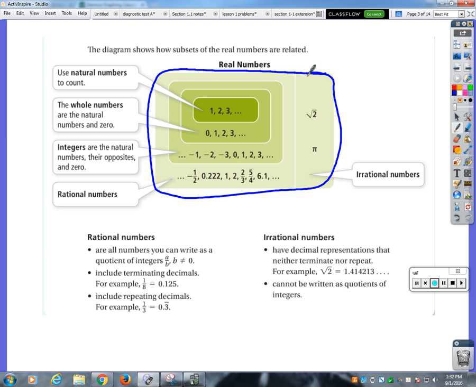So another way that you can think of irrational numbers is that they just keep going, okay? Now, you can have rational numbers that also keep going, but those would be ones that repeat. So for example, 0.3 repeating is a rational number. Do you know what fraction that is? 1/3. Yeah, so the reason why that comes out to be a rational number is because we can express it as a fraction. But the square root of 2, if you put that on your calculator, you're going to get just as many decimals as will fill up the screen, and there's no rhyme or reason to how the decimals are coming out,